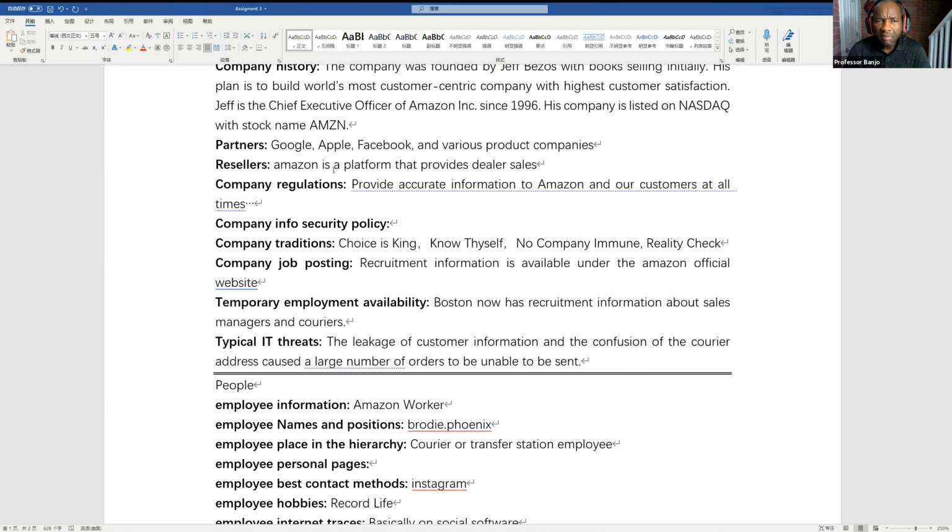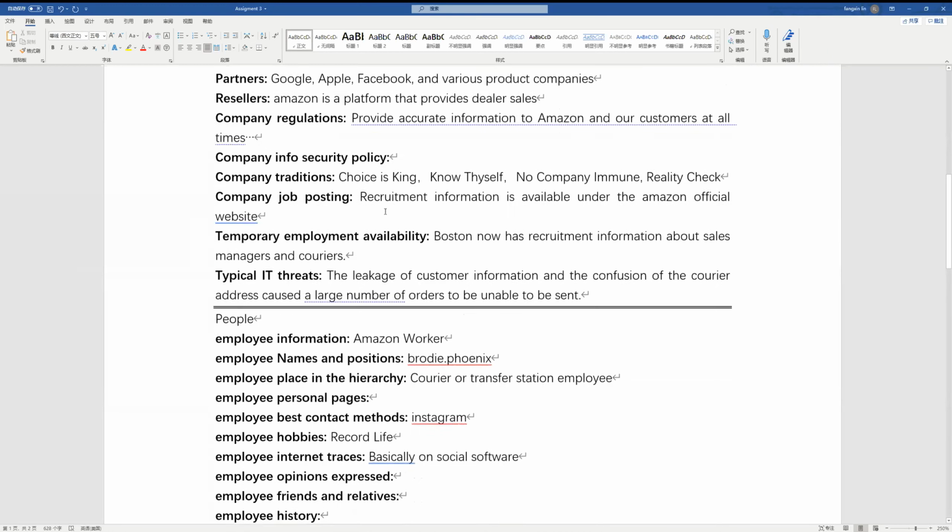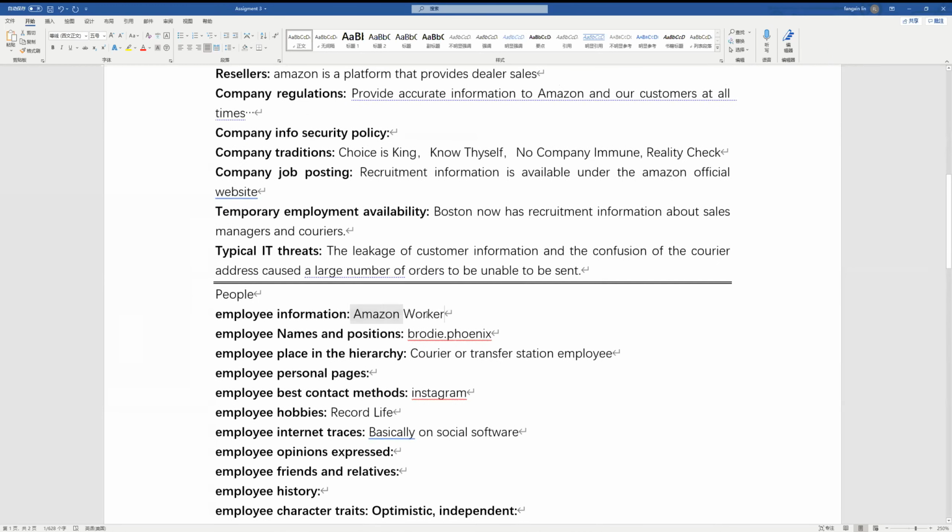So I tried another way to find the workers' names, like I found the Instagram. So what other way did you try? I thought you said you emailed the customer service people to ask for information. Yeah, because for another company, if I say I have an order problem, the customer service people will send me an email. But sometimes they use the personal email, right?